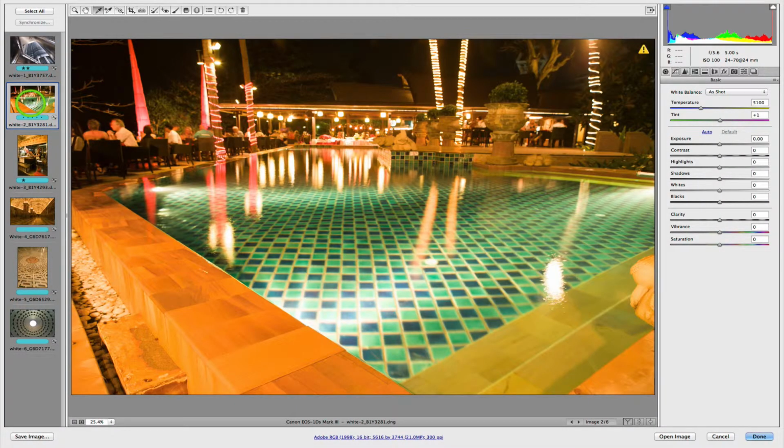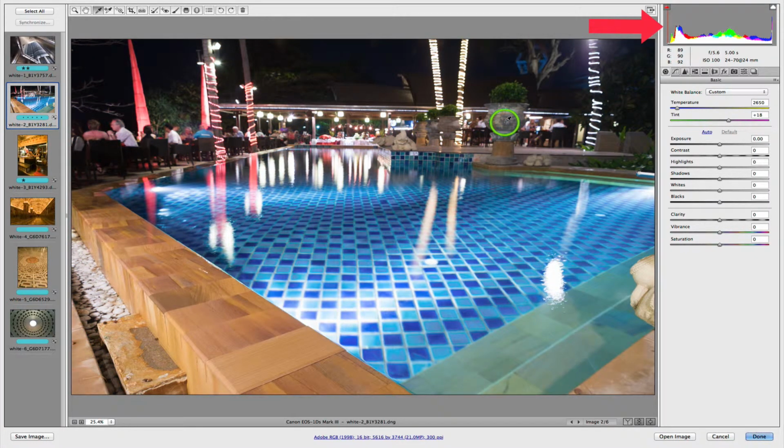Selecting the second image, we can see that this file has an obvious color cast. This was photographed after sunset and the image is very warm due to the warmth of the artificial lights. I'll click over here on the stonework and the goalpost on the left side of the histogram will virtually disappear. Clicking over here in the bottom left corner and the histogram will change again and the feeling of the image